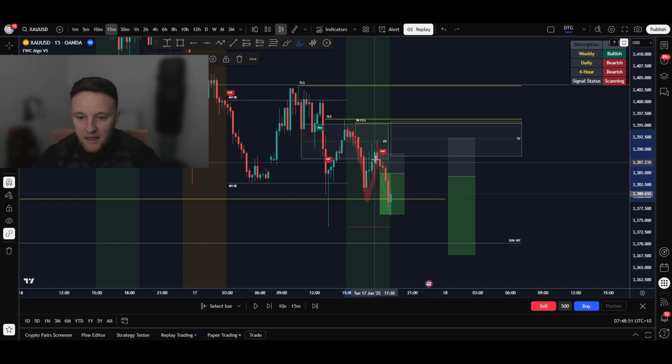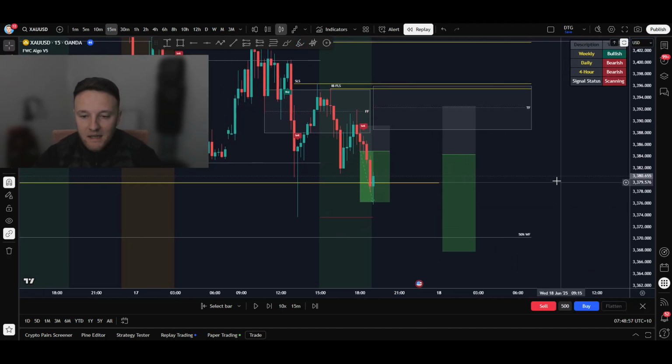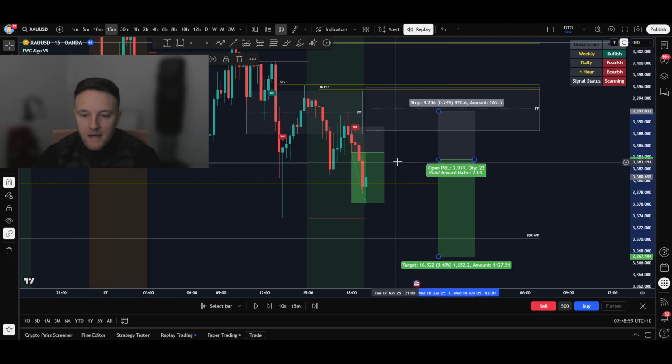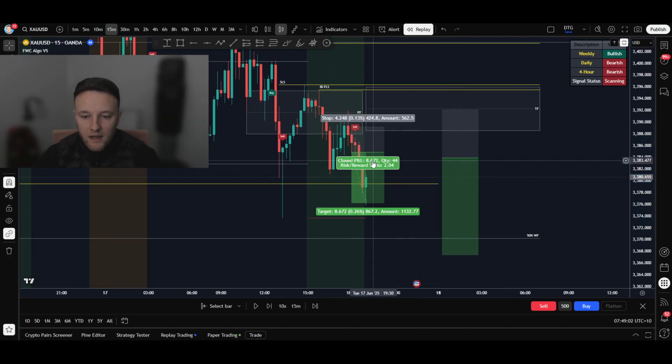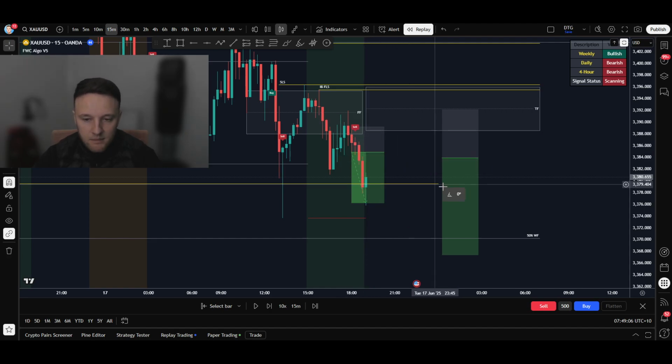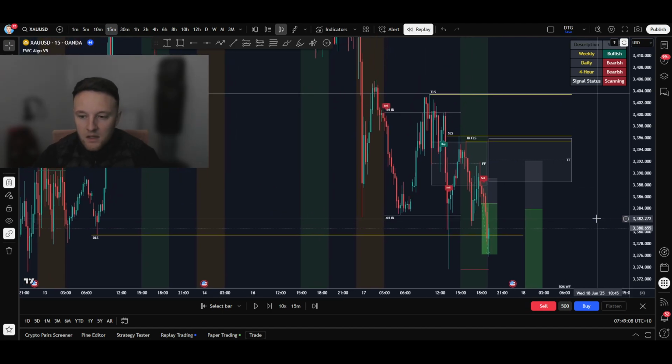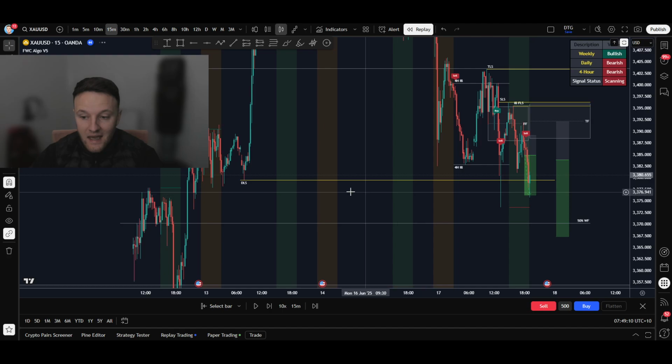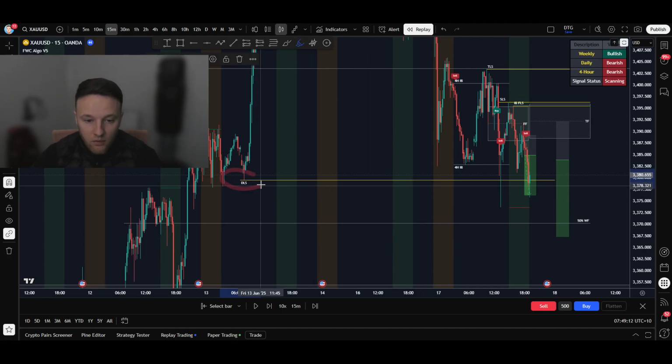Price started selling off again, falling back into the mid-range of the FF and then selling off. That's when the 15-minute DTG signal appeared and gave us a beautiful entry right here. 1 to 2 risk reward ratio, 86, 87 pips profit right there. Price then came down into the target area, which was a daily liquidity sweep right here of this